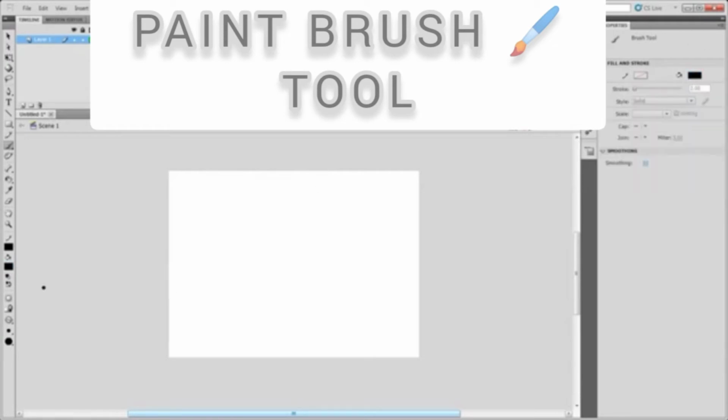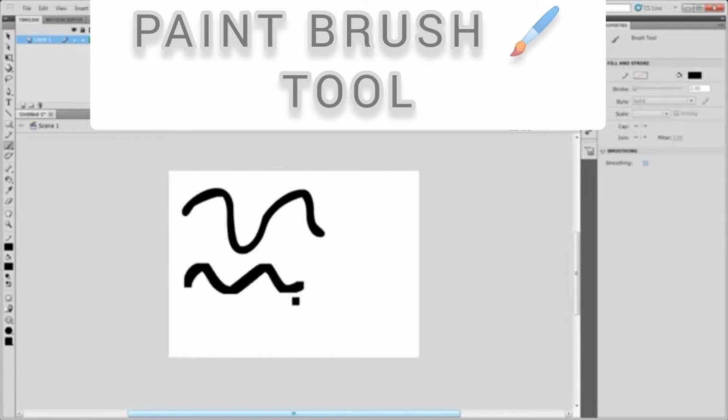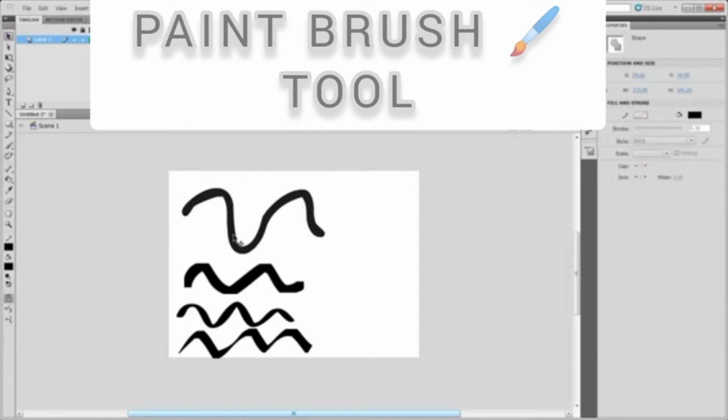Bring the mouse pointer in the stage area and drag to get the brush strokes. If you want to draw horizontal or vertical strokes only, then use shift key. The various brush modes available are paint normal, paint behind, paint fills, paint selection, paint inside.